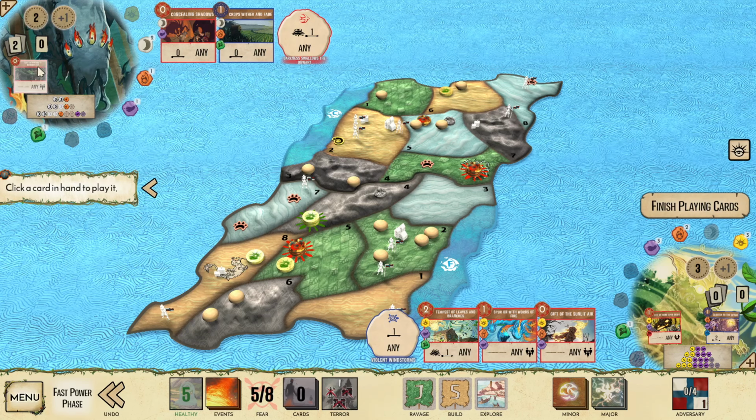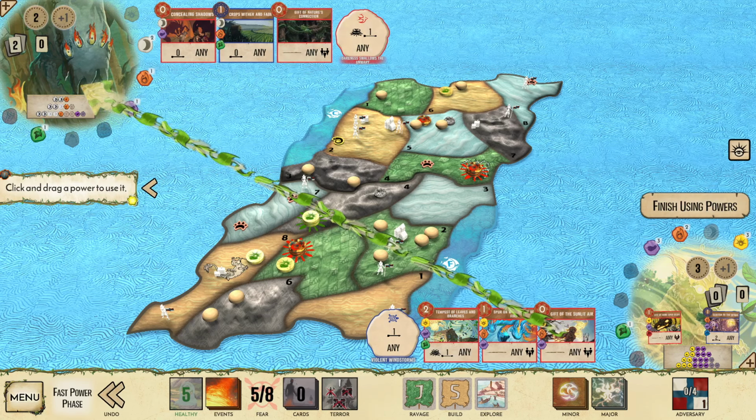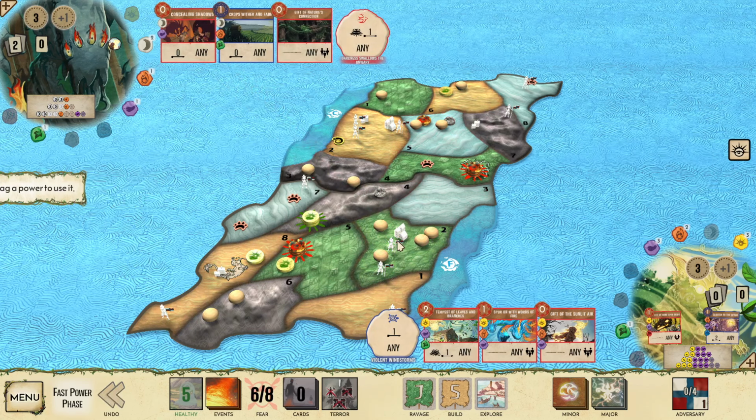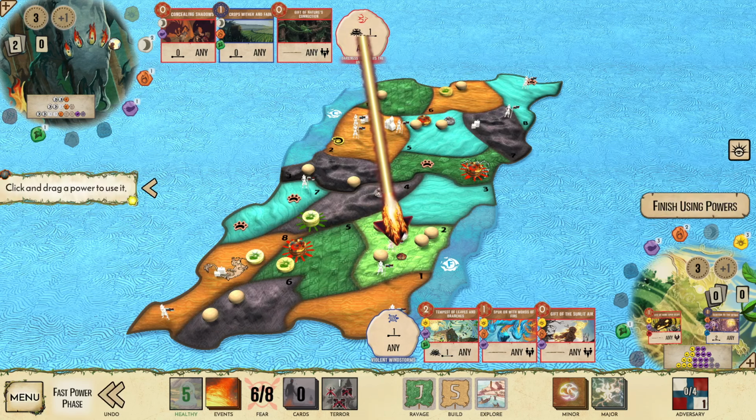Let's spur on with Words of Fire, play Gift of Nature's Connection, Gift of the Sunlit Air to give the extra range, Concealing Shadows in F2. Let's also pull a...